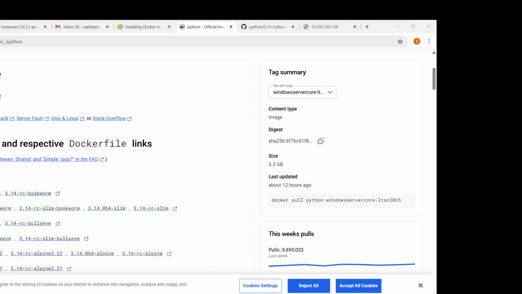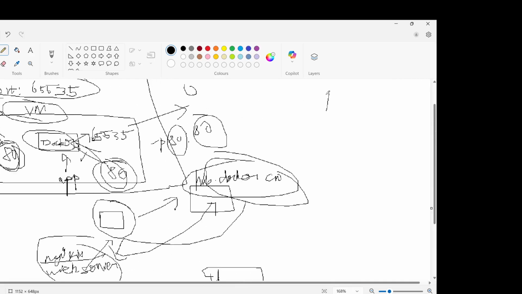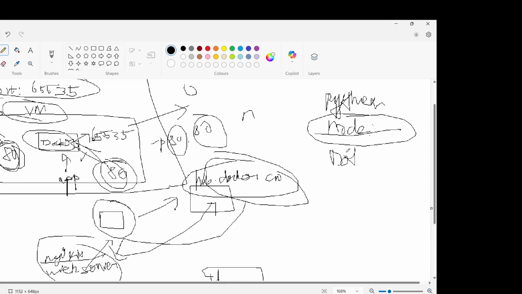So mostly the base image people would set is, for Python they would be fetching a Python image, because you have Python installed there. For Node, the image will be node, because Node has been installed there, and general dependencies will be available here. And then if you go for .NET, and then in any images,